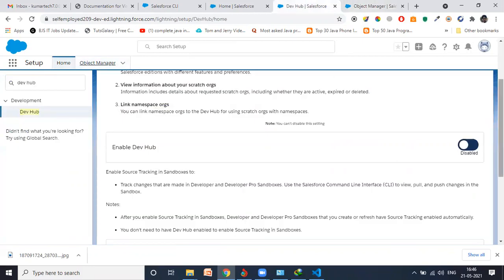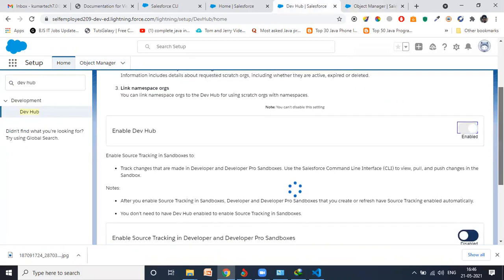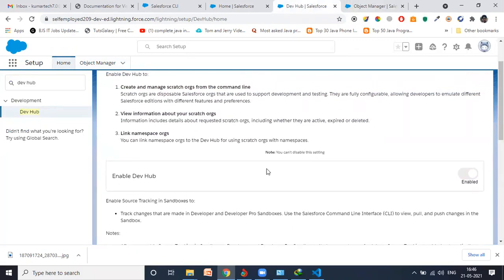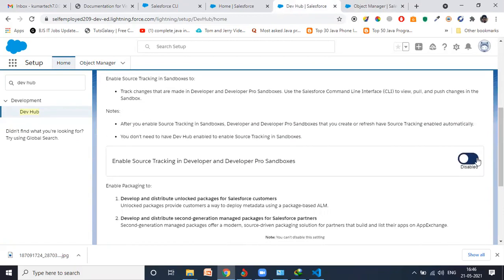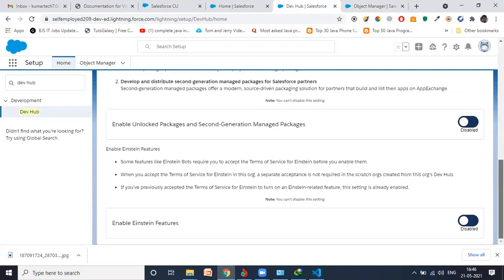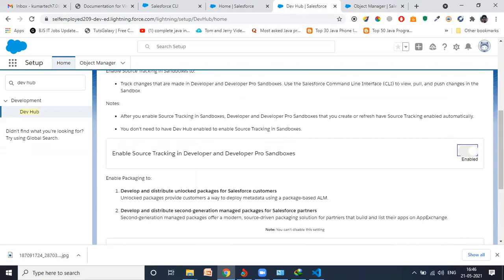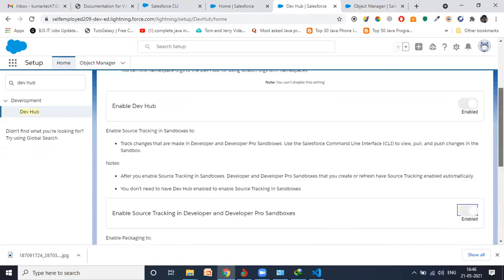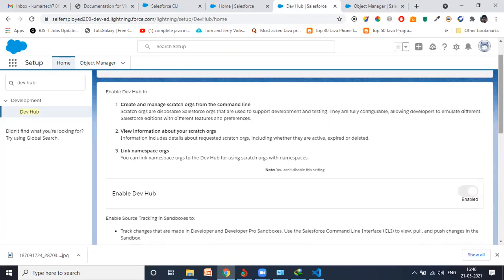Now I need to enable this. One more important thing: once it is enabled, you can't disable it. Now basically what is this scratch org? If I need to explain, I will say it's quite similar to a sandbox, where you can create a file and send it to production, you can do a deployment.